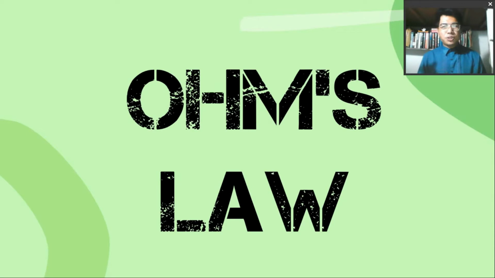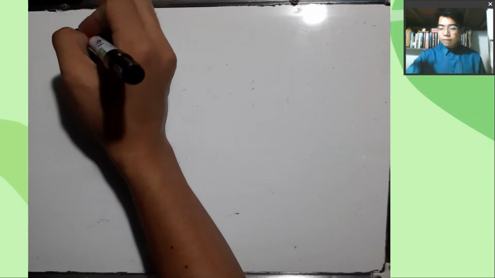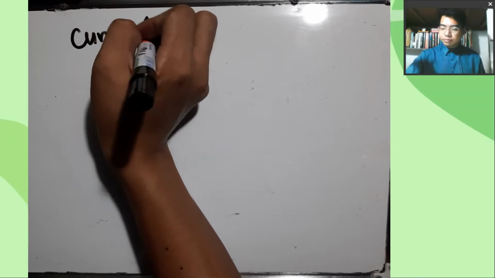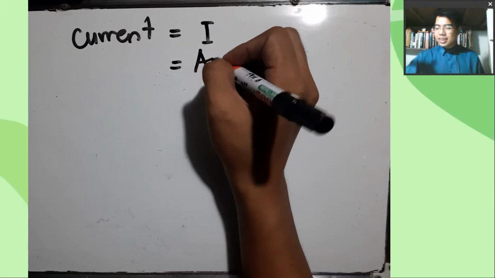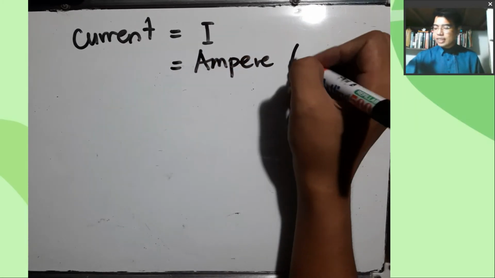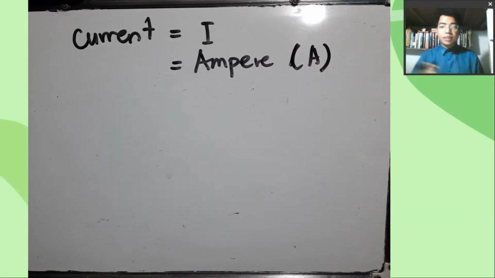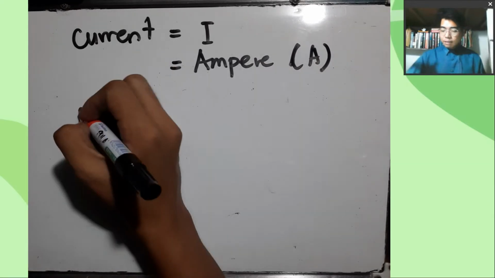Because Ohm's Law was already discussed to you during your Science 8 in junior high school sciences. Now let's have a short recap of the things included in this discussion. Whenever we are talking about Ohm's Law, once again, it involves different variables. Namely, we have current, which is represented by capital letter I, and the unit is ampere, which is capital letter A. Then, followed by voltage,